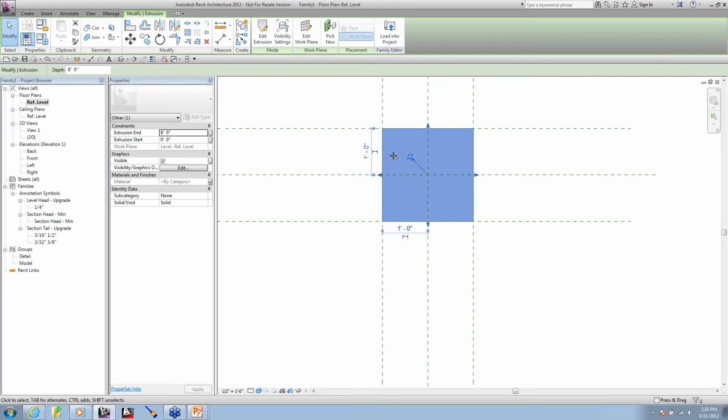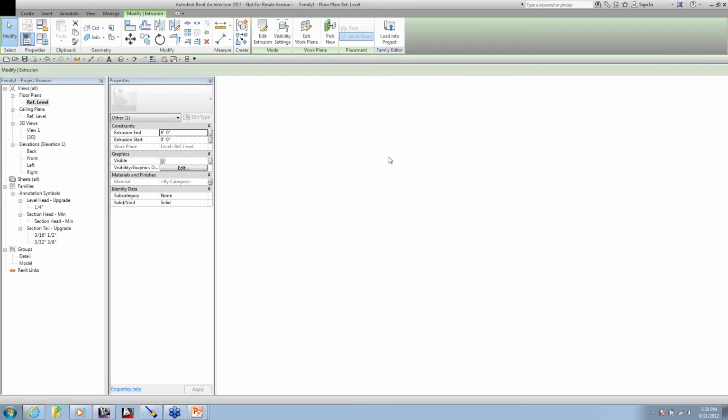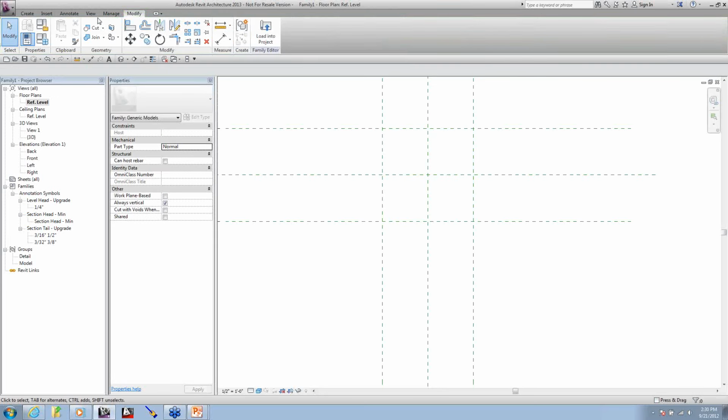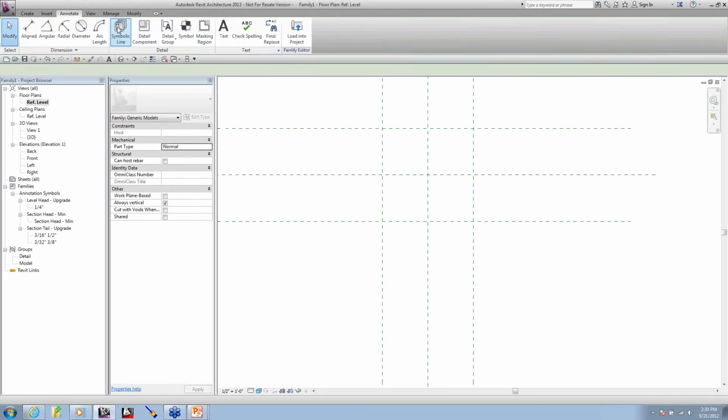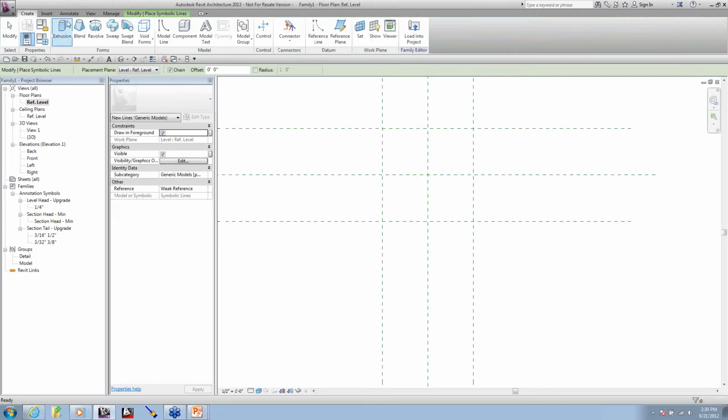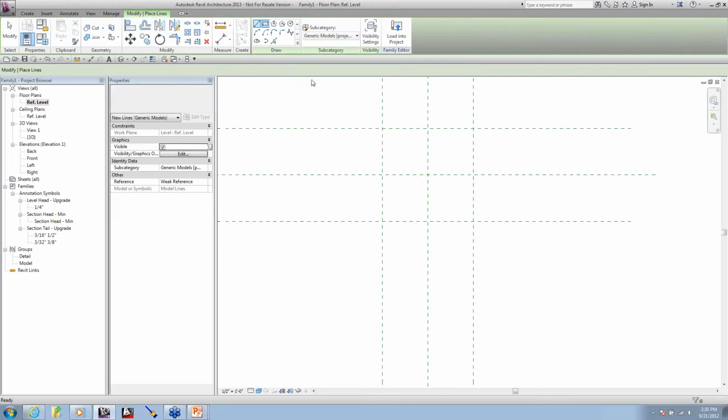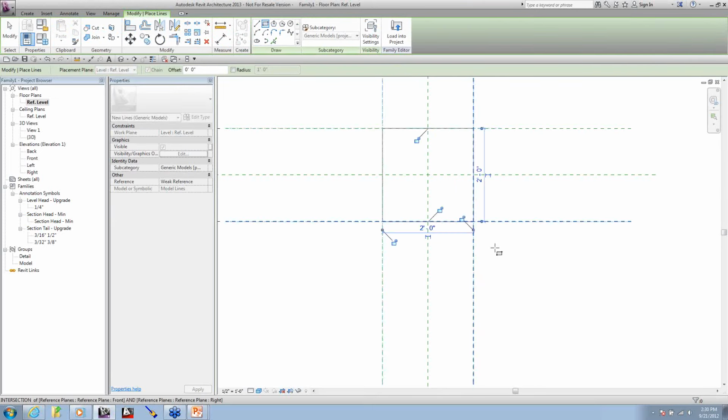And put that within my project. So if I wanted to do that, simply go and delete it. Then I can go back into my Annotate tab, do some symbolic lines. Actually, I go into my Create tab and I'll do some model lines. That way we can see them in 3D. And now I'll just come in and